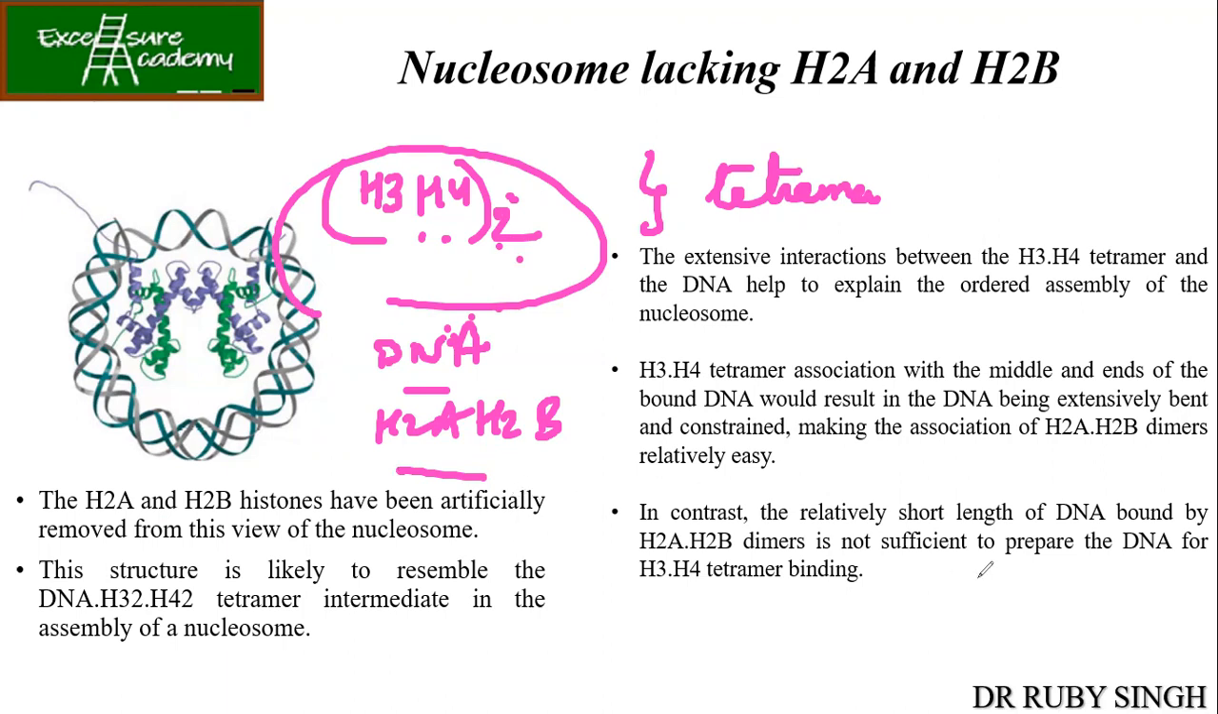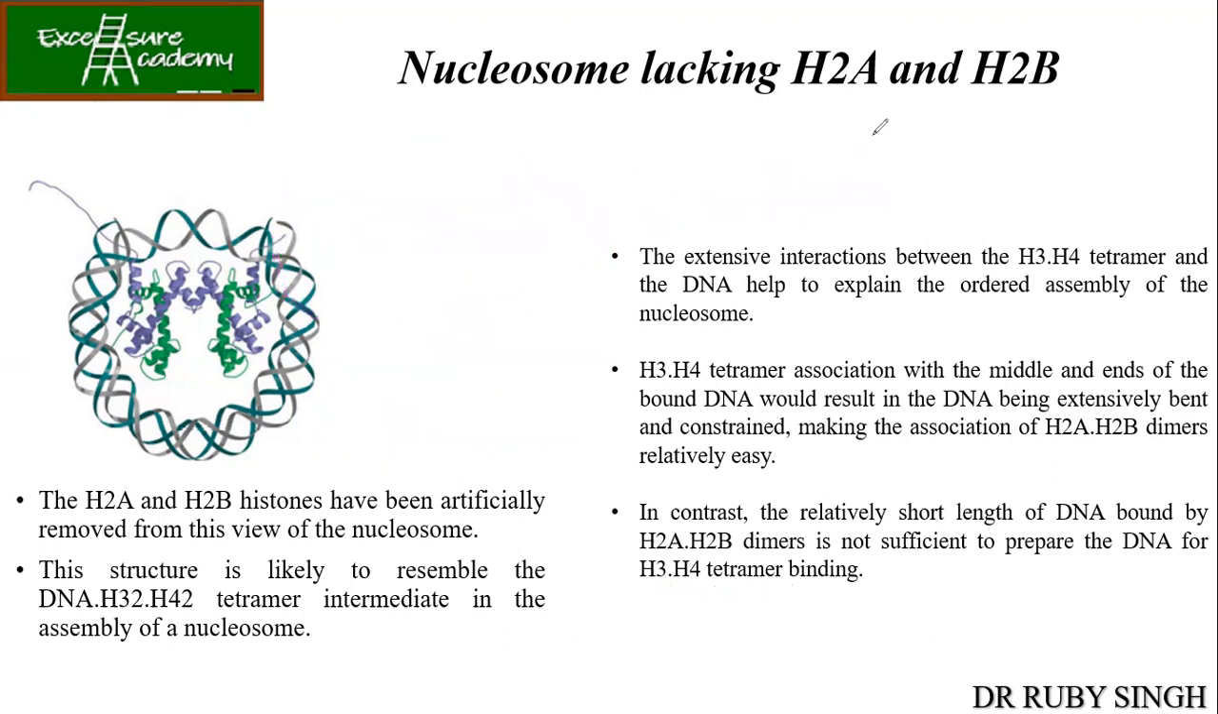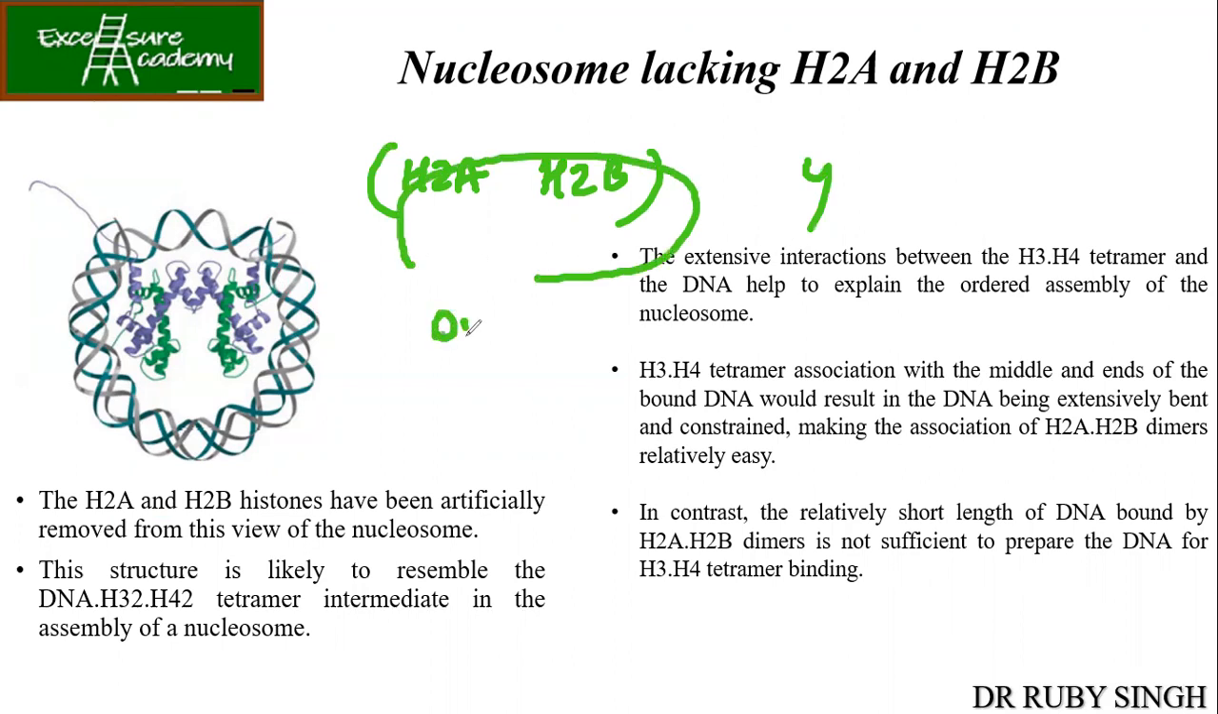ठीक है, now in contrast, relatively short length of DNA bound by H2A H2B dimer is not sufficient to prepare the DNA for the H3H4 tetramer binding. Now what they're saying is that opposite is not true. If suppose you had H2A and H2B dimers, ठीक है, तो ये भी पूरे 4 हो गए. Now when this is bound by DNA, it is not possible for them to make associations for H3 and H4